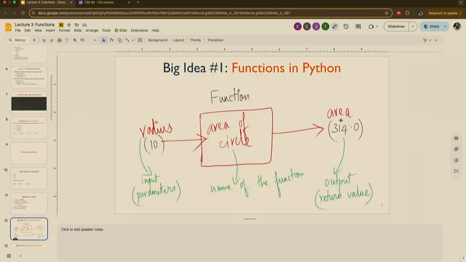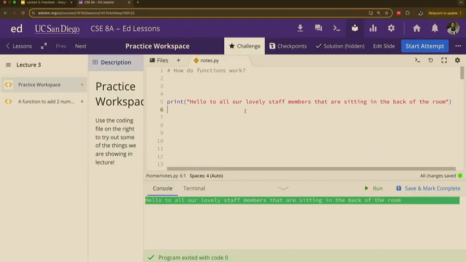Okay? So first you give it something. That's the input. Hey, function, here's this. We gave it a string, right? We gave print a string. Print says, you got it, I'm a function, I'll do what I gotta do. It does some magic in the background, and then it gives you something back, right? It says, here you go. You wanted me to put this out in the console, here it is, right? And that's the output. Does that make sense so far about what functions look like, what they mean, what they do? Anyone confused at all? No questions? All right, great.